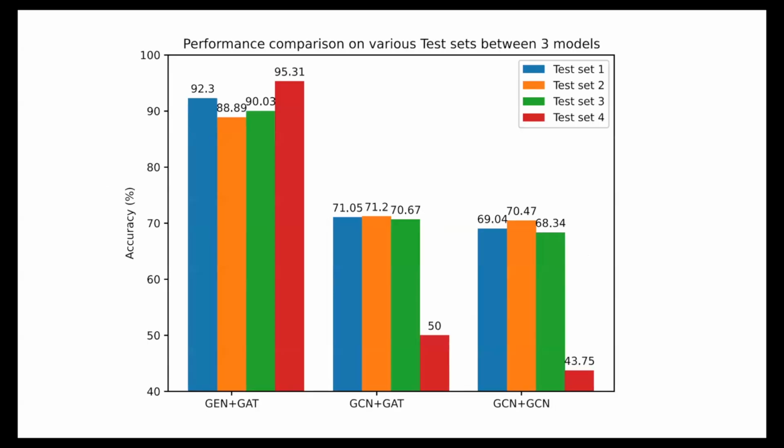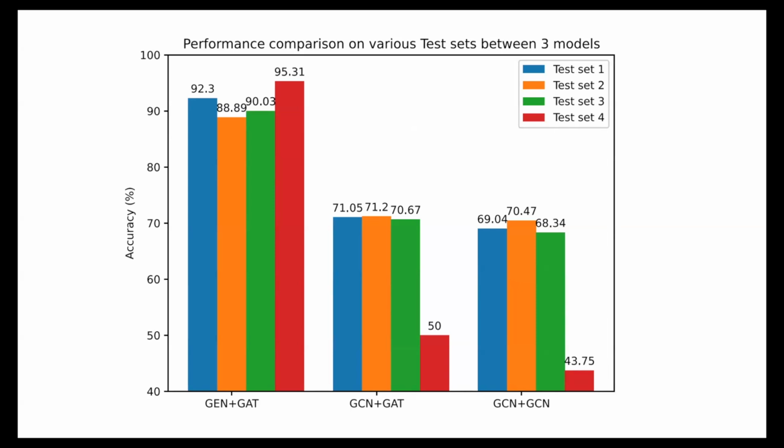So here is the chart, the performance comparison on various test sets of all three models. As you can see, easily the first model, GCN plus GAT, significantly outperforms the others. And in this chart, we have two interesting points. Firstly,